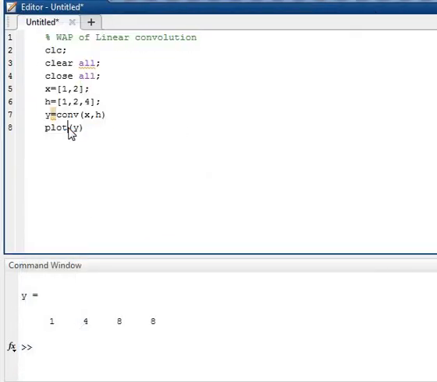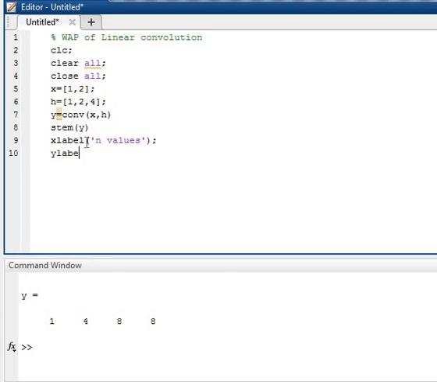If I use the stem command, stem is used for discrete signals, and I use xlabel, n values I will take, then ylabel, and after that title.